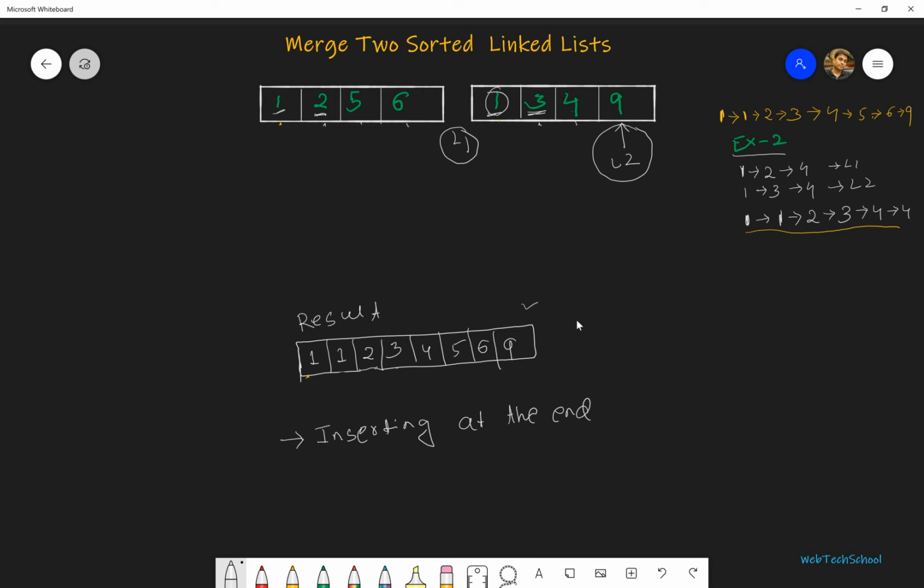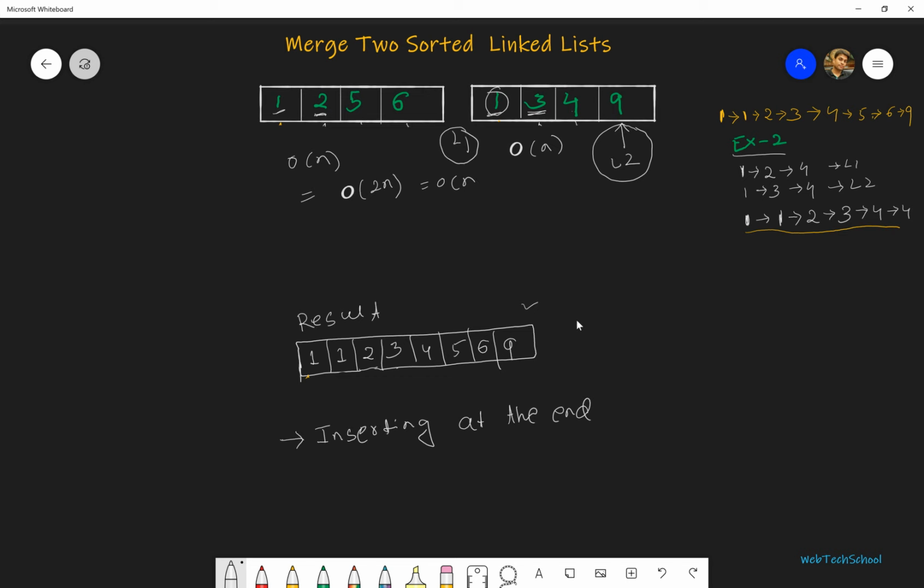Time complexity will be big O of n for traversing this list and big O of n for traversing this list. So the total would be big O of 2n, which is equal to big O of n. So with a single traverse, or a single pass, we are able to get the output.